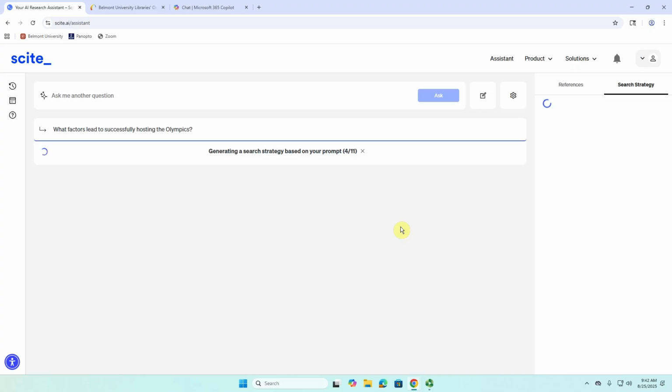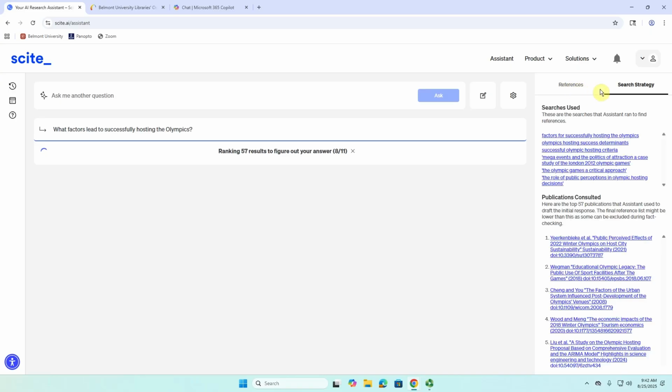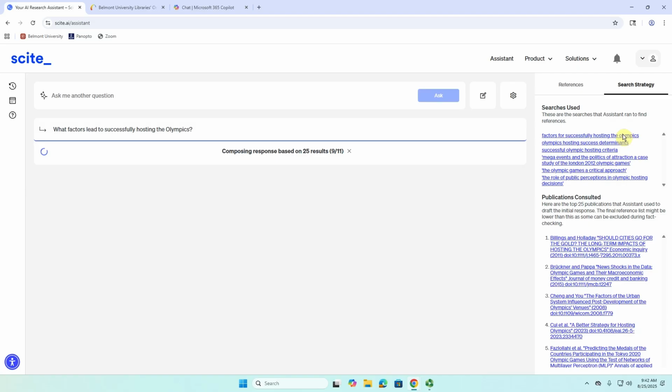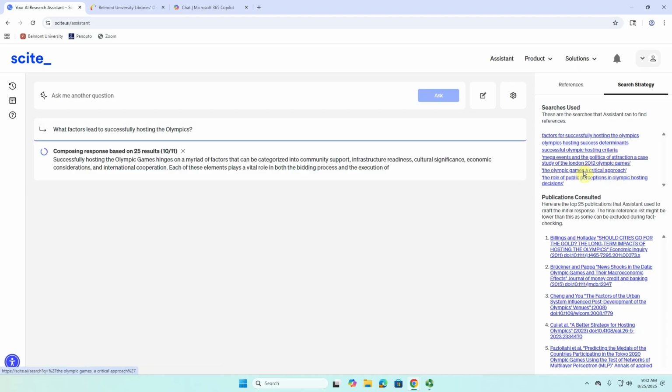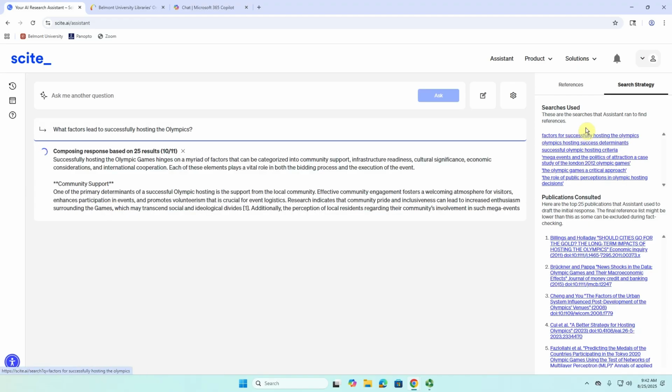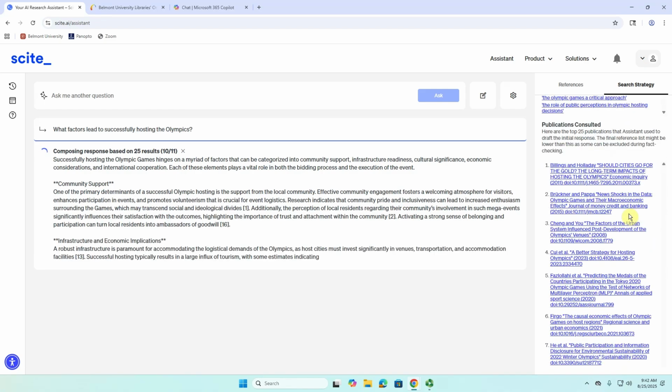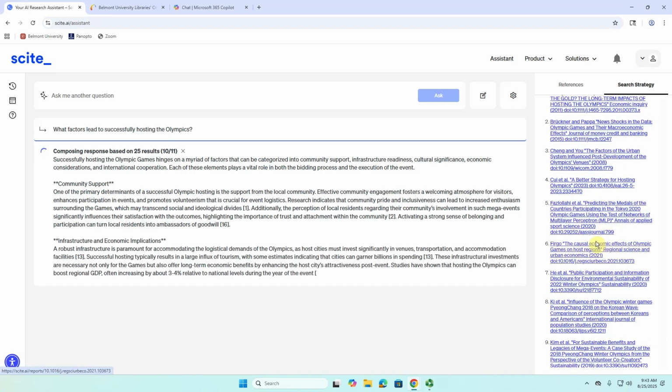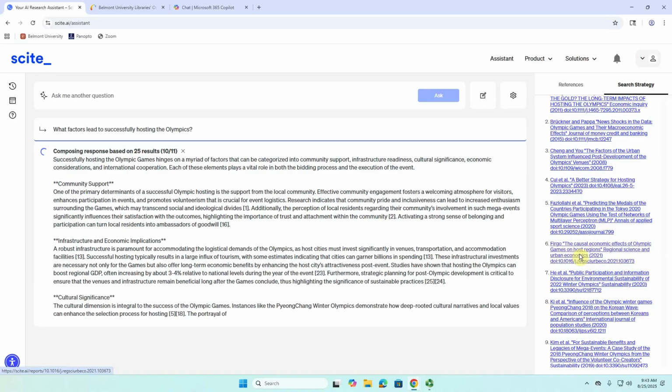But in the meantime, while it is doing that research, I want to make you aware of this tab right here on the right. The first tab that just generated right here is called Search Strategy, and it will show us a couple of different search strategies that it used to approach this topic. You'll also see a bunch of the articles that it's finding right here to generate this response.